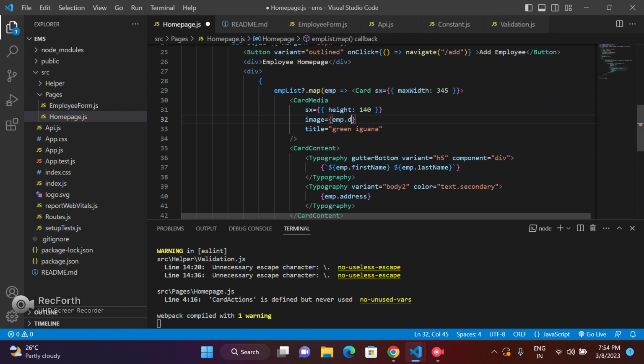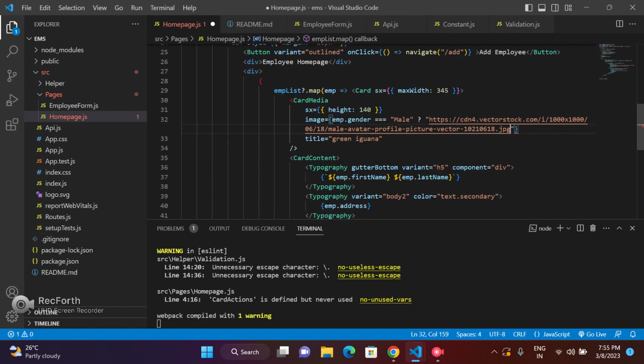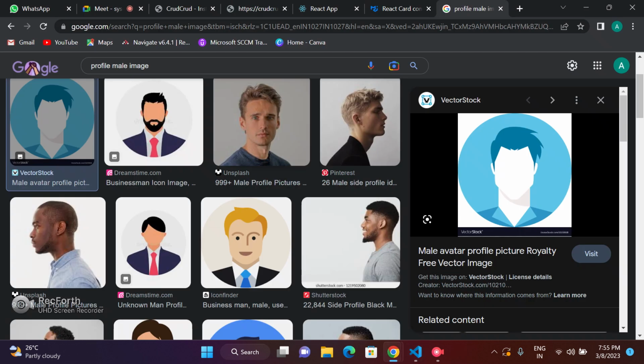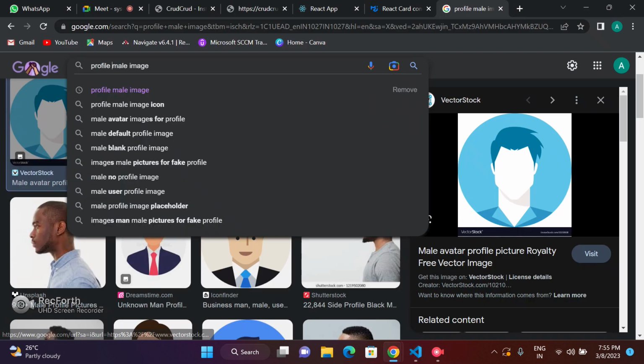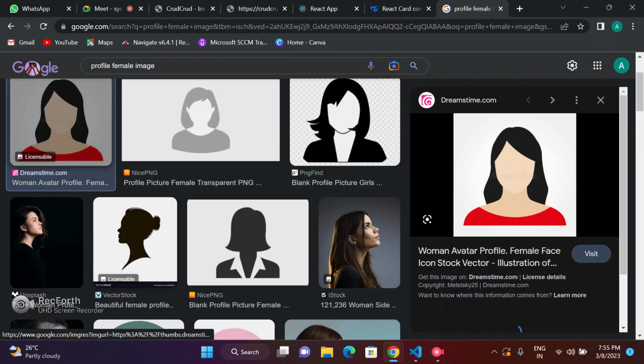So if it is male, emp.gender triple equal to male, then we should show this image. Okay, I will do Alt Z, so if it is not male then it will be female. Then over there we will show